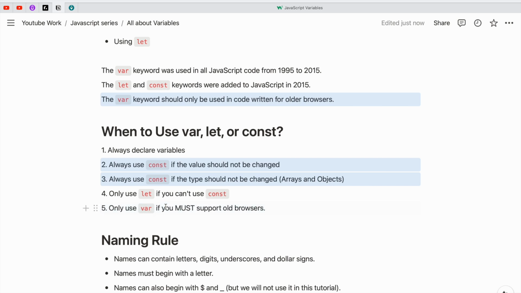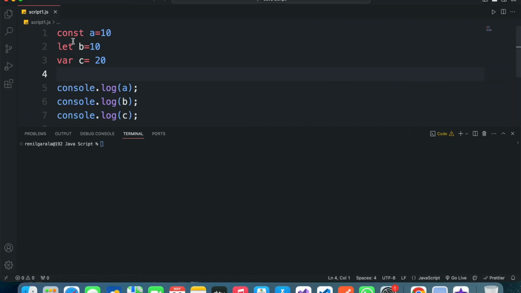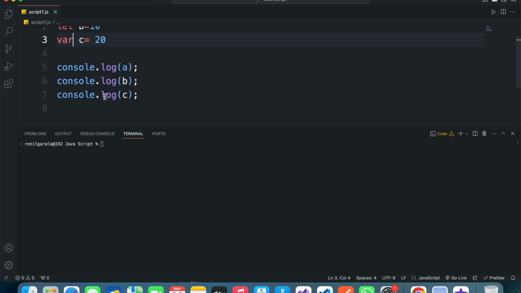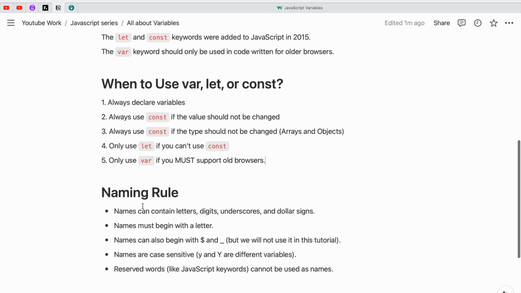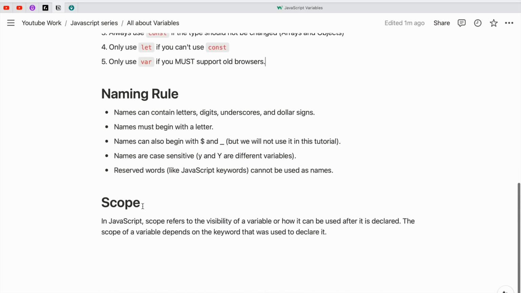So you can create temporary variables with var and let keywords. You can see how to declare a variable in JavaScript: const, let and var keywords with names A, B and C. I print it in the console, so I check the output is 10, 10 and 20. You can see. Now we will see